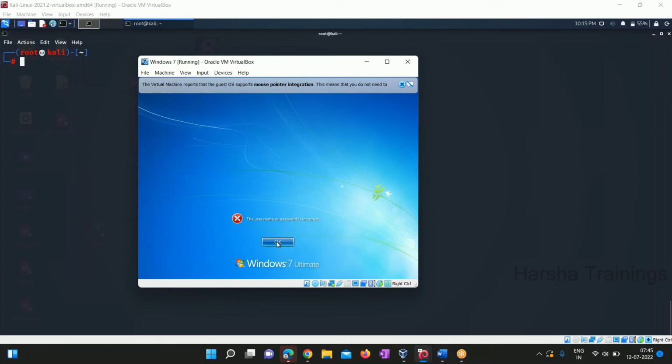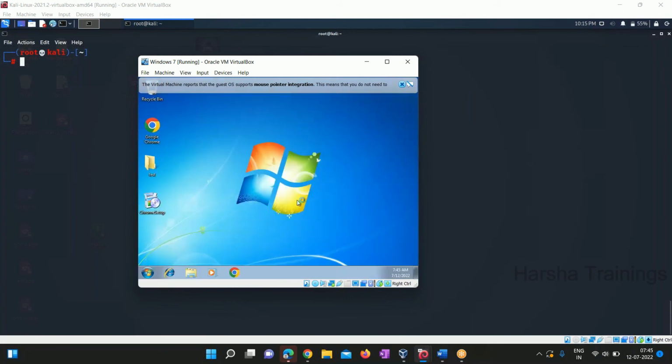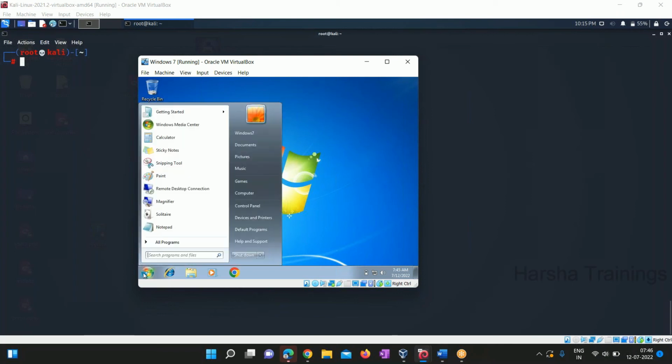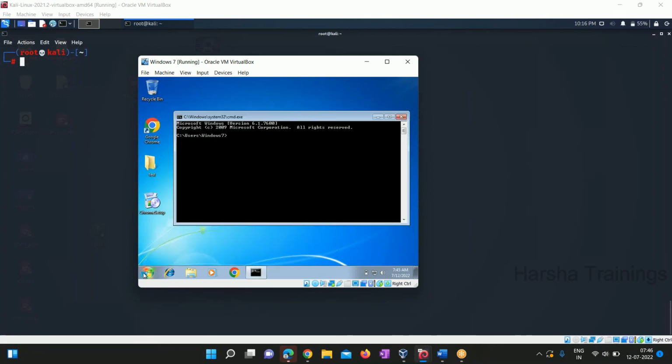If you have any Windows system, you can use it. In my case, I have Windows 7. Of course, if you have Windows 10 or 11, that is also fine. You can take that. So first, let me go and check the IP address,